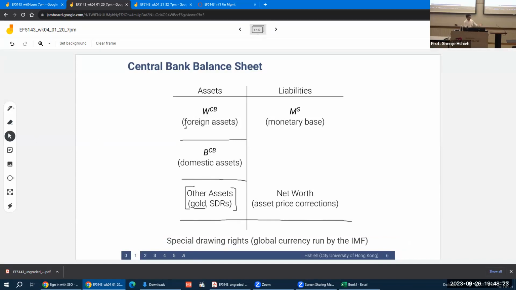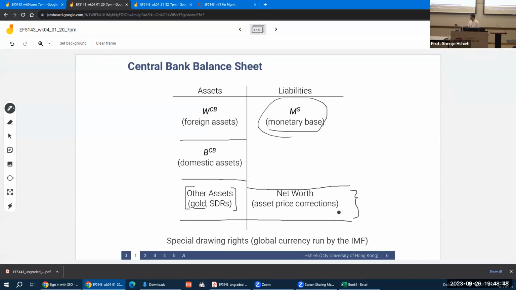All right, so that's the asset side. What about the liability side? Central bank liabilities are basically just one thing. It is the monetary base, which is money supply or just currency in circulation, liquidity, whatever you want to call it. And anything that's left,